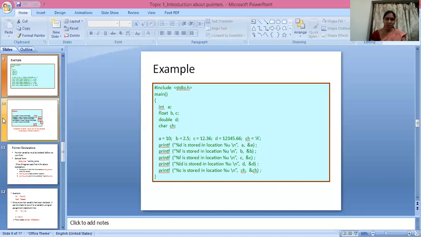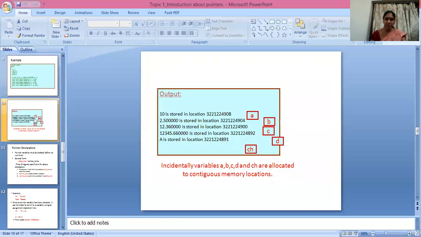Here, what is the output for this example? 10 is stored in the location 322. This is the location for a, and likewise for b, c, d, and ch. These are all the addresses. Incidentally, variables a, b, c, d, and ch are allocated in contiguous memory locations. This is the example for pointers.